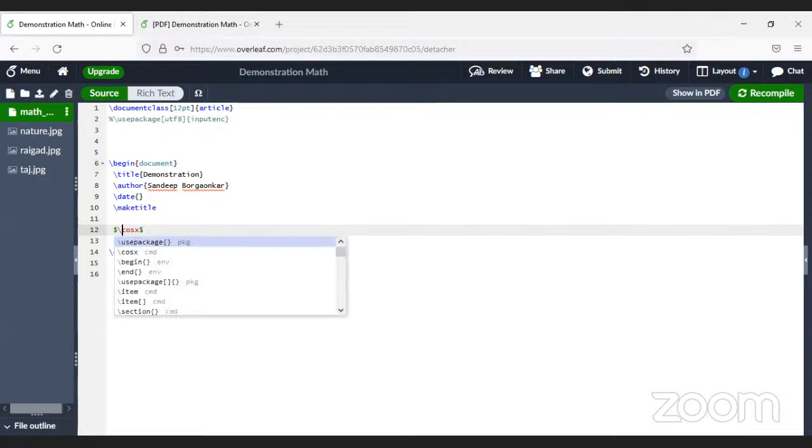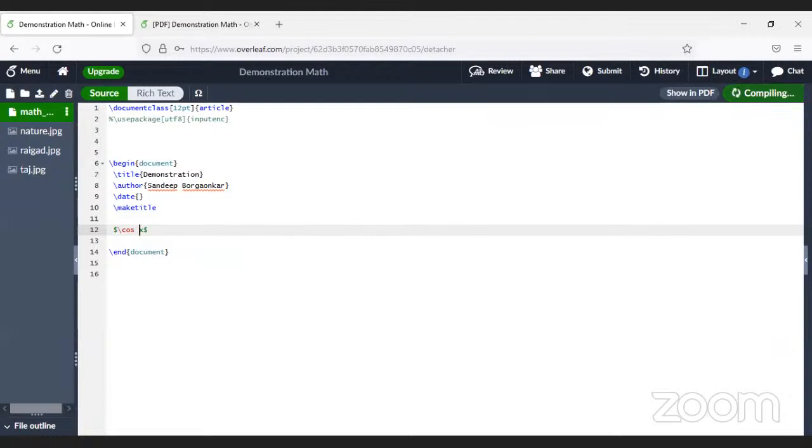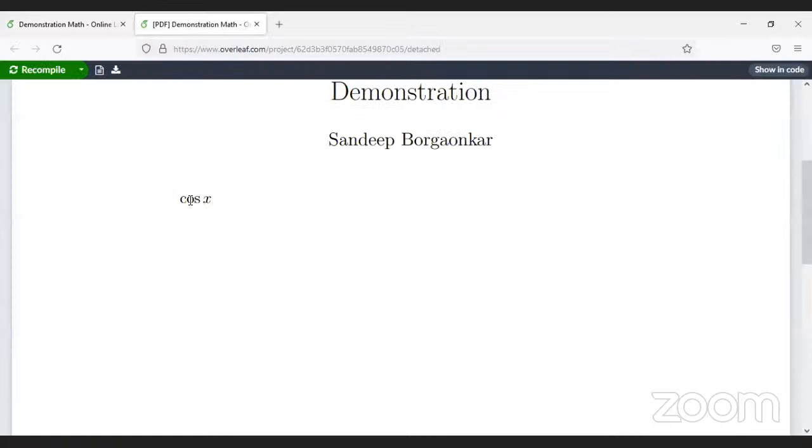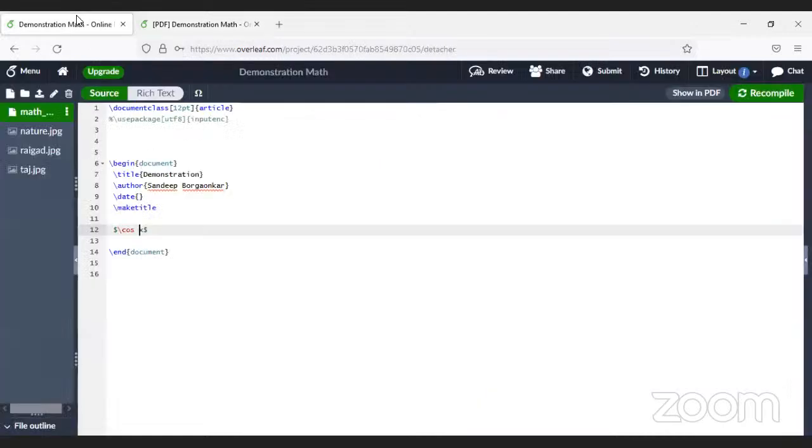Put a slash here, \cos, give a space. And now let us compile it. Okay. So what do you get here? Cos x. So this cos has now become upright. So it knows that cos is a function and x is the variable. So for these few functions, you can just say slash and write those function and it will give you a proper function appearance to that particular cos. So similarly, you can do it for \sin also, \sin x, then